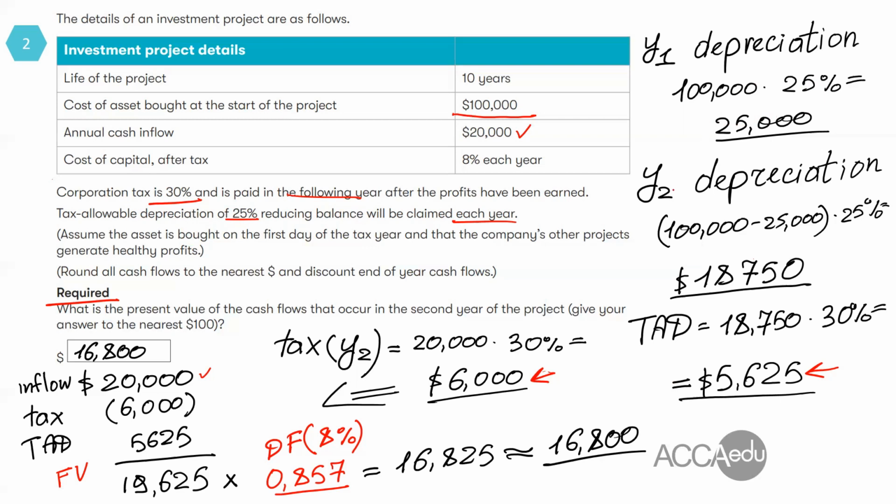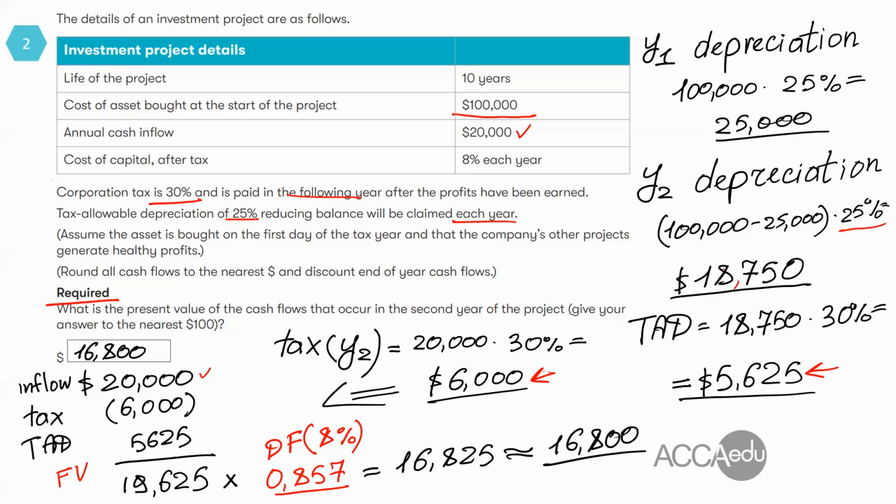Because it is a reducing balance, for the depreciation of year 2, we subtract it from the initial cost. So $100,000 less $25,000, and then multiplied by the depreciation rate, 25%. So for year 2, our depreciation charge is going to be